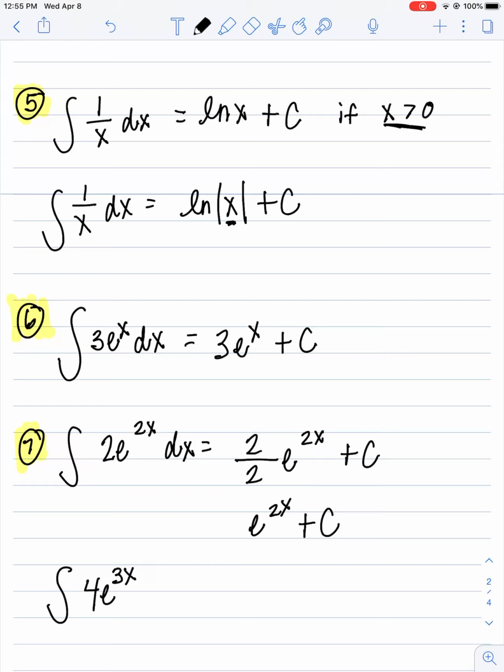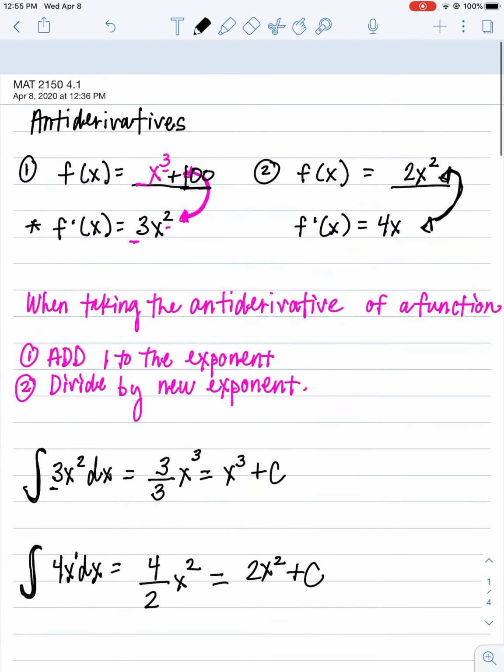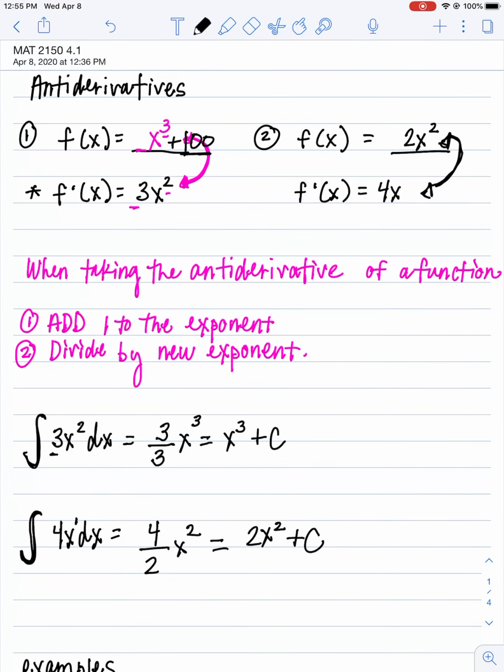Now let me give you one more example similar to that. What about 4e to the 3x, okay, with respect to x? So the coefficient is 4, so the coefficient is going to stay 4. You're going to divide by the number with the x, and so you're going to divide by 3. E to the 3x plus c, okay? So there are just several examples to try to help you get started with antiderivatives. Make sure to pay attention to your notes and the PowerPoint because the PowerPoint provides several